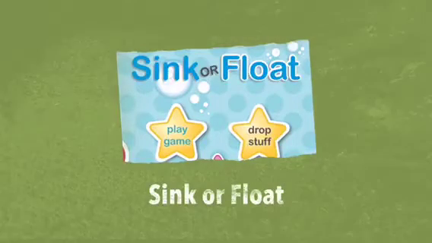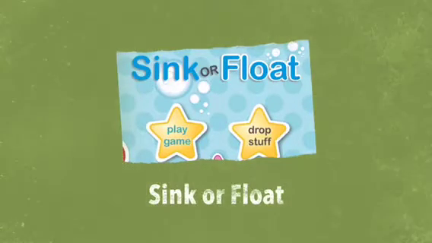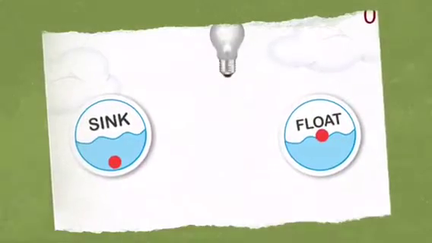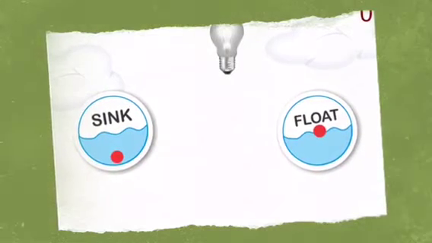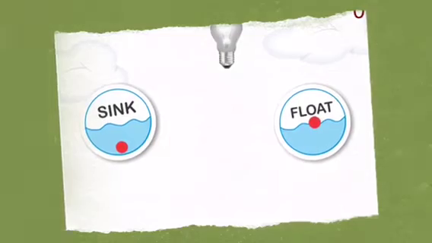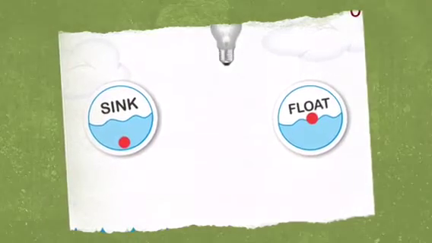This app is a great science app for elementary school students to help them understand the concept of what kind of things will sink and what kind of things will float in water. The app is started when students are given an object that they have to choose whether it sinks or floats in water. Then the object is dropped into the water and students get to see the verdict on the screen.